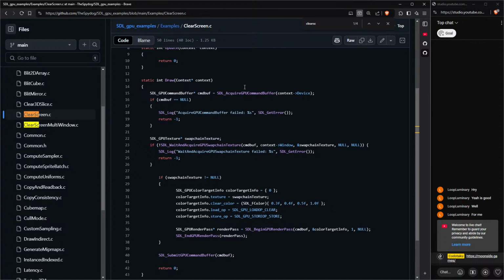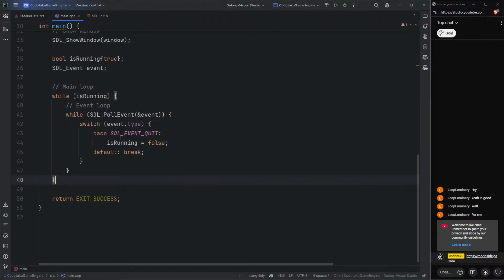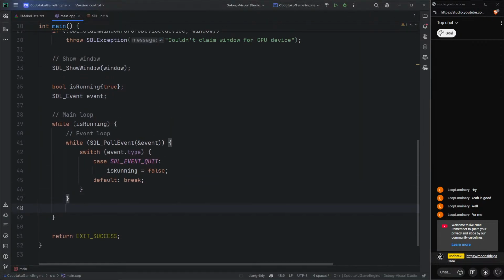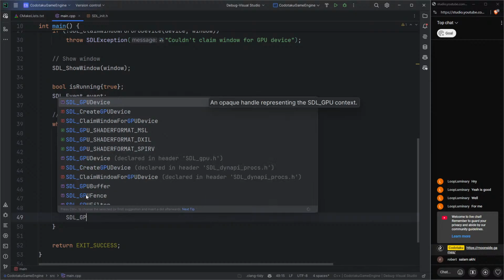And so this is useful for parallelism, meaning you could create multiple threads and every thread would generate a different command buffer or command list, and then you can submit them all to the GPU to be run by the GPU. But anyway, enough talking, let's go into business here. So after the event loop, we could grab a GPU